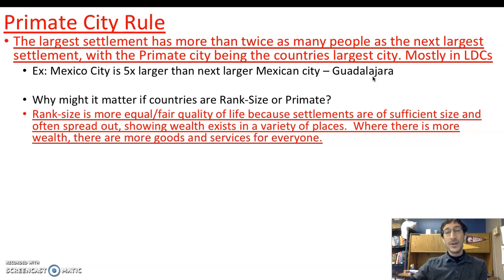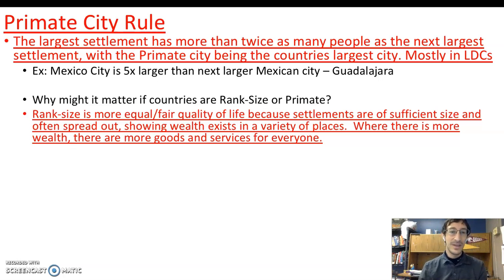Because if you're able to spread out the number of very large settlements, very large services, so it's not just concentrated in one location, it's showing that wealth exists in these different pockets of a country. All right, and I think that's a good thing to see in many states too. Just talking about the United States as a whole, to see it in many different small pockets, even within Minnesota, we know that not all the largest and most expensive wealth, or the vast majority of the wealth, is just found in the Twin Cities. We know that there are pockets of wealth in other parts of the state. All right, and so that would be a better sign than it just being concentrated in the Twin Cities, or all the wealth being concentrated in New York City. It's not. A lot is there, but we know that there are various pockets within the country.